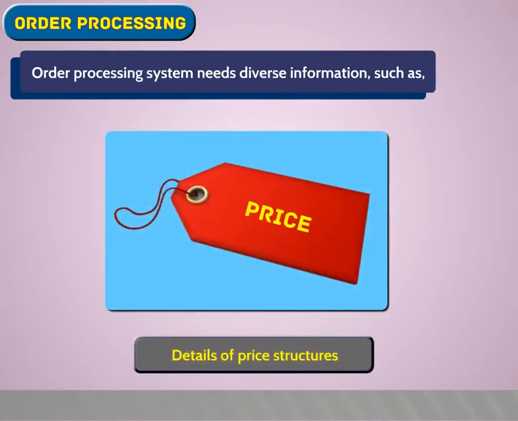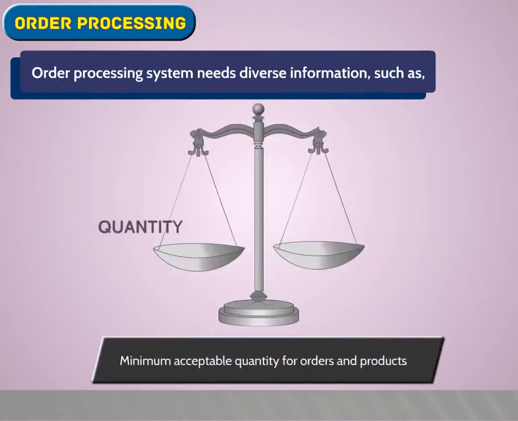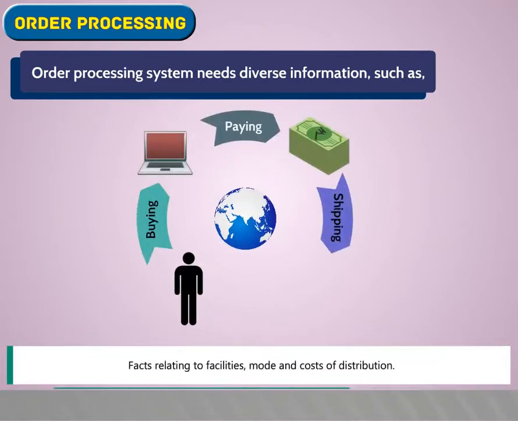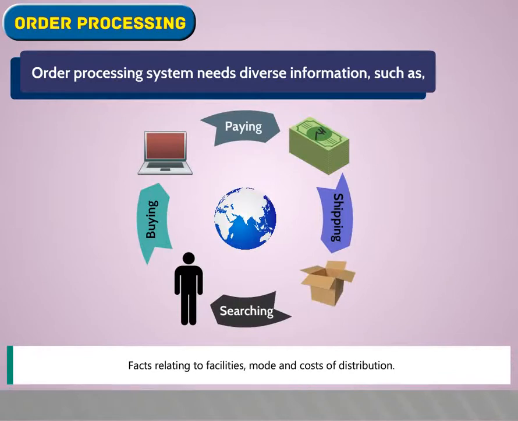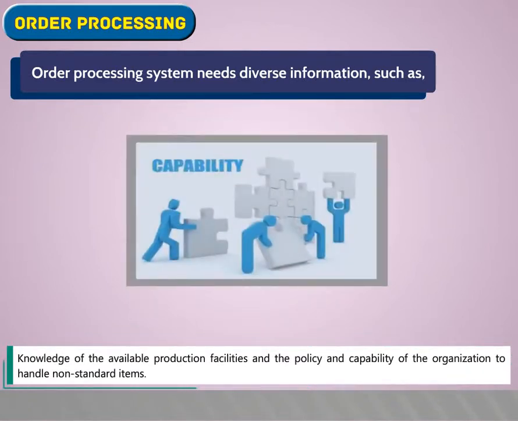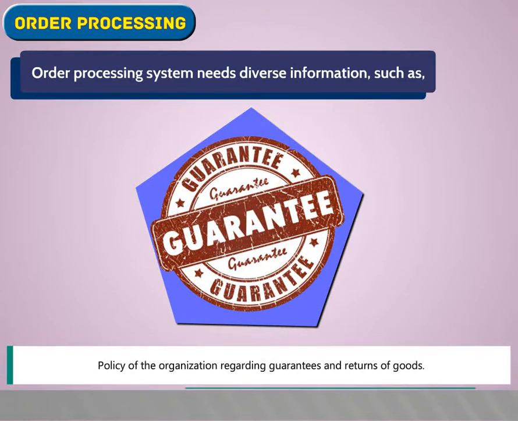details of price structures, stock availability, minimum acceptable quantity for orders and products, facts relating to facilities, mode, and costs of distribution, knowledge of the available production facilities and the policy and capability of the organization to handle non-standard items, policy of the organization regarding guarantees and returns of goods,